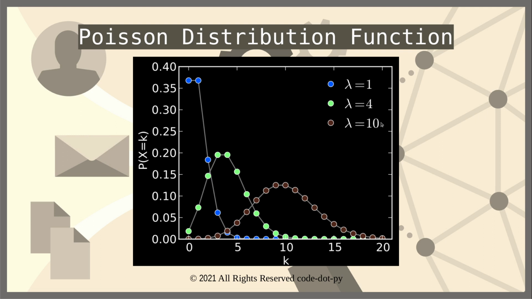A better example is here, where the average value for lambda is 10. That means more often than not the value of this distribution is 10. So we can see here, for the value of 10 the probability is the highest. But as we move away from 10, that is, either to values more than 10 or values less than 10, the probability of those values significantly goes down. So this is how the Poisson distribution function works.